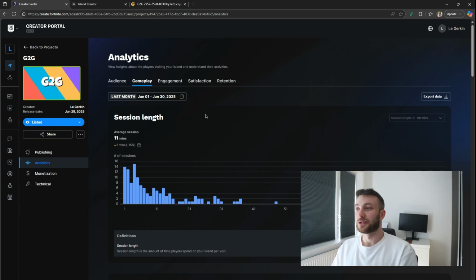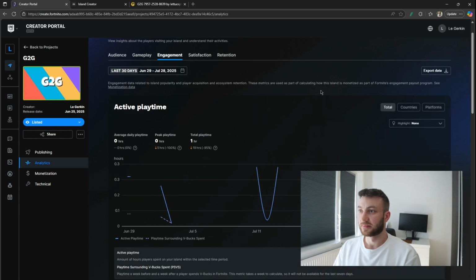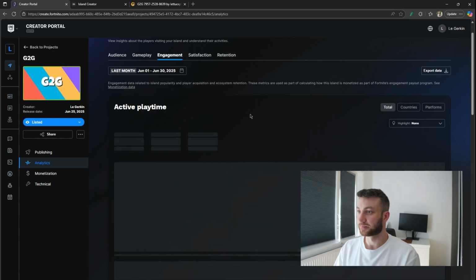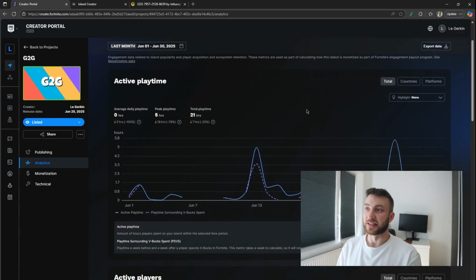So then we go over to engagement. So again, let me just change the filter to last month. Okay, and now this is where it has the active play time. So this is where, how long did players play in your game? And this is where, because this is a super important one for Epic,